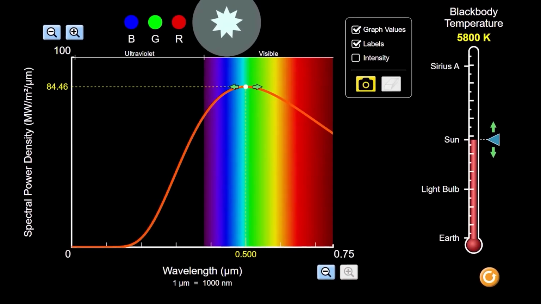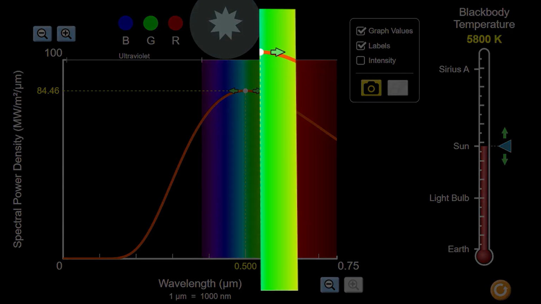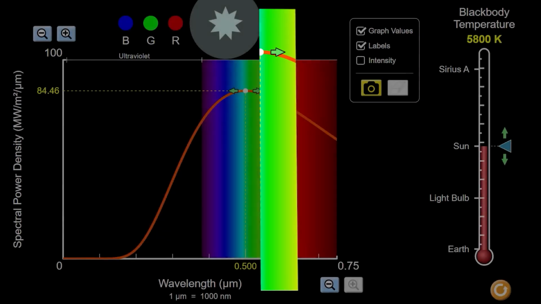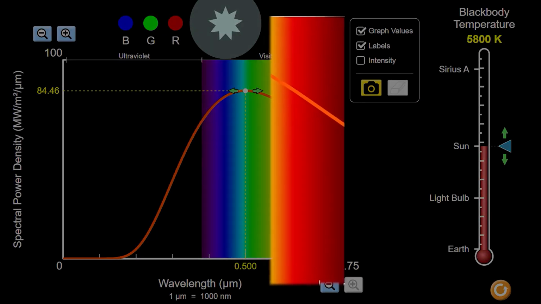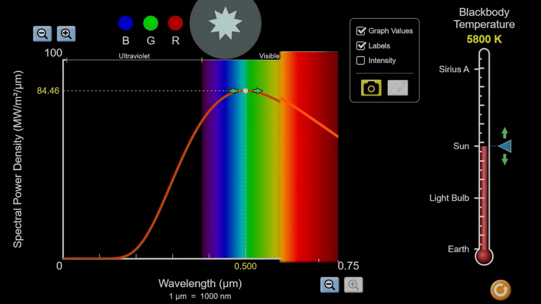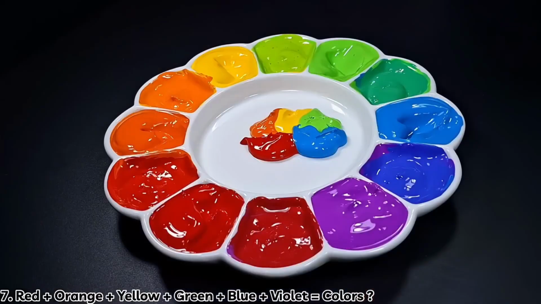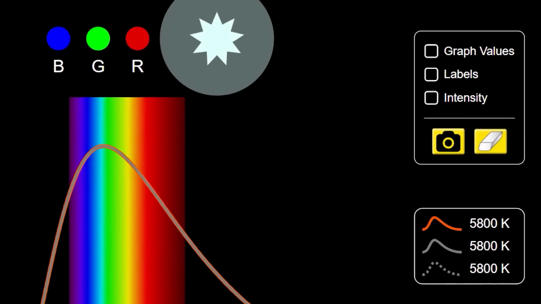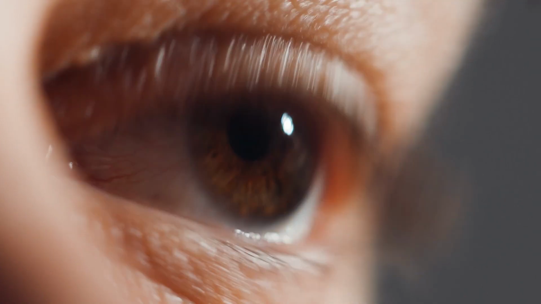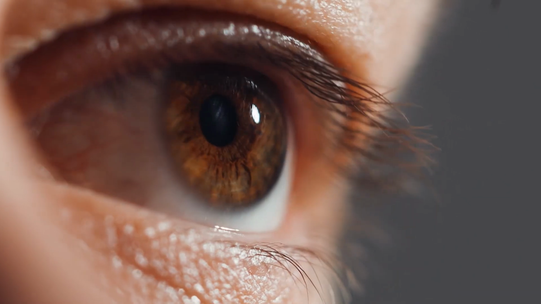For the sun, its peak wavelength in the visible spectrum actually falls in the green region. However, the green band is quite narrow, so the amount of green light produced is relatively small. Meanwhile, red light, even though it doesn't sit exactly at the peak wavelength, spans a much wider band, so it's produced in much larger amounts. The mixture of a little green, a little yellow, a little blue, a little violet, and a lot of red, along with other colors, blends together into white with a slight yellow tint. The human eye isn't sensitive enough to detect that subtle yellow, so we usually interpret it as white.